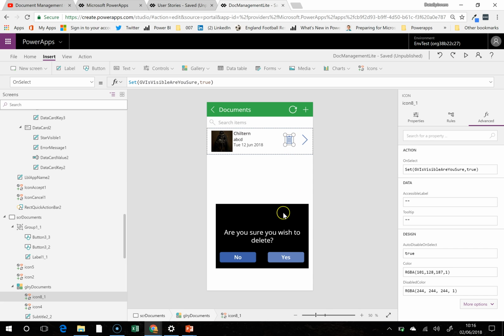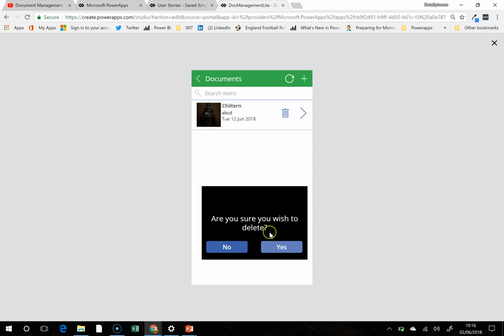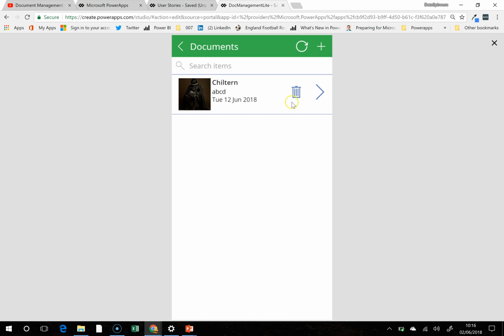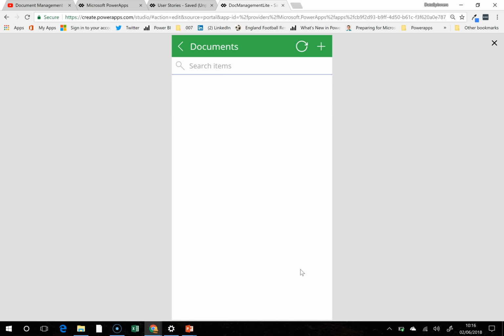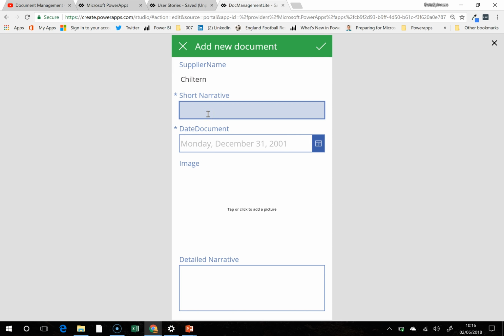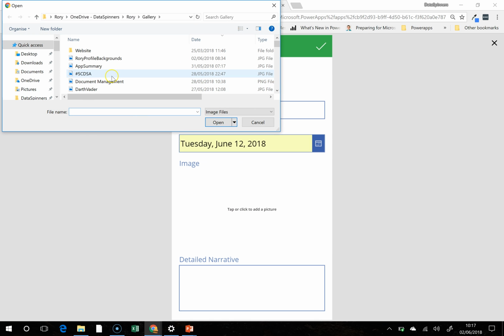I'm actually going to move on to here. I'm going to put a no on that, and I'm going to put a delete on this. Are you sure you wish to delete? Now, in theory, this will actually work. Woohoo! That is good. So good, short narrative. I'm not going to get too fussed on that. I'm just going to do that, and I am just going to put